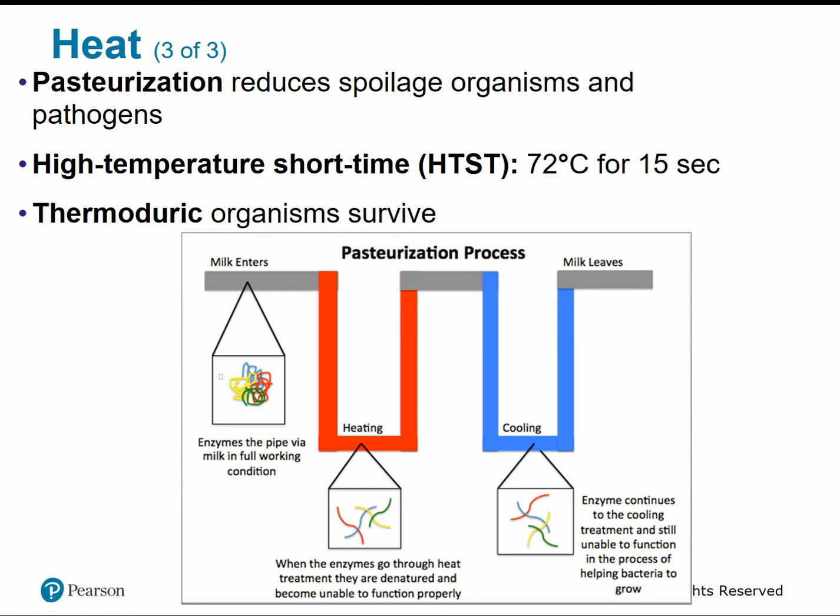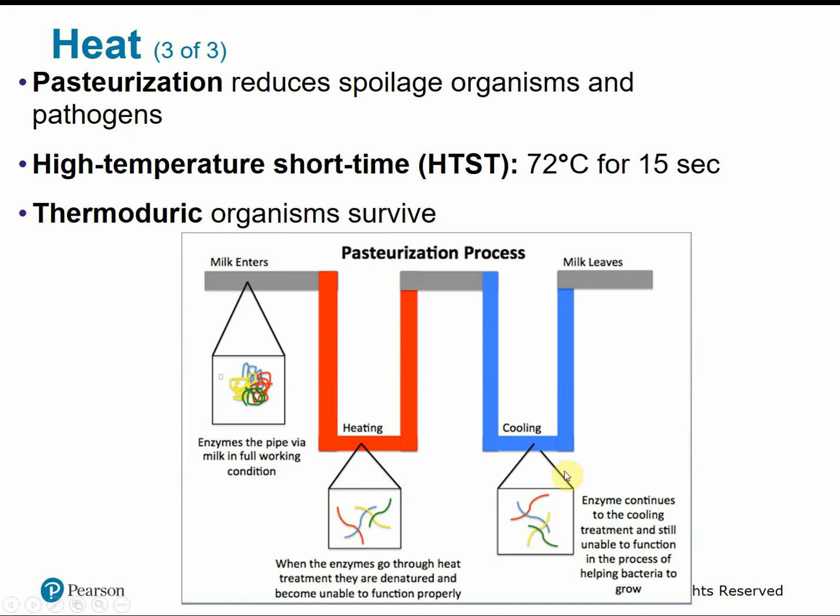It utilizes high temperature for a short time, 72 degrees Celsius for 15 seconds. So it's not necessarily long enough and hot enough to kill and break down all of the cells. We don't want to change the taste and overall texture of our food product, or in this example, our milk. We apply just enough heat to denature the enzymes of the bad microbes. We don't want to spoil our milk for that 15 seconds, and then we rapidly switch it over to